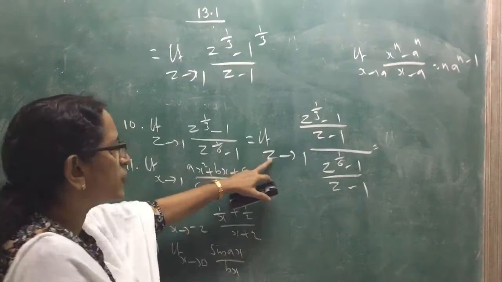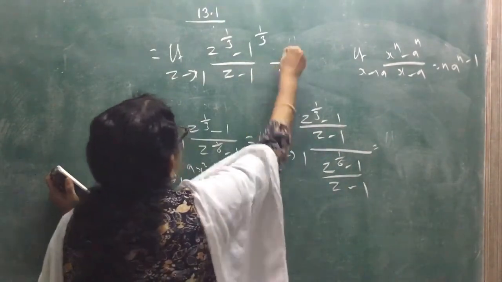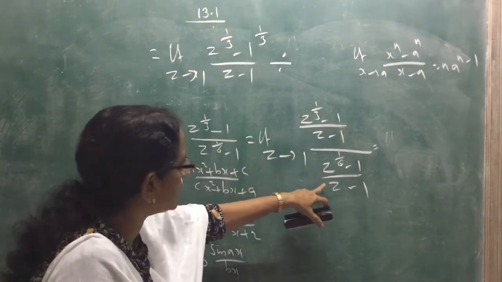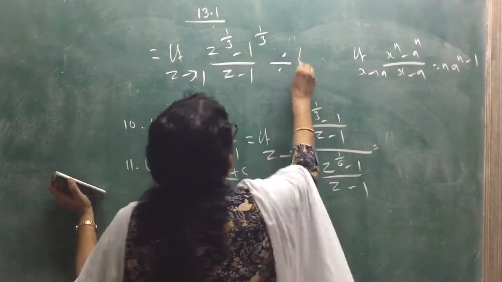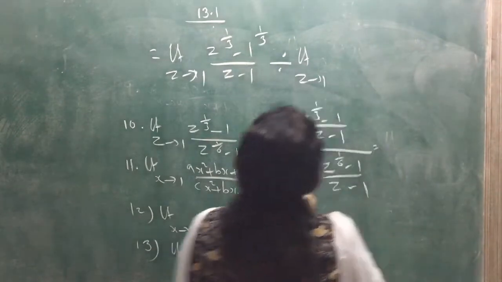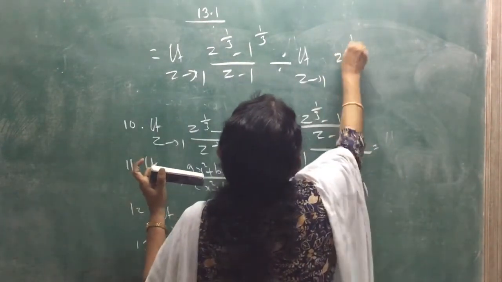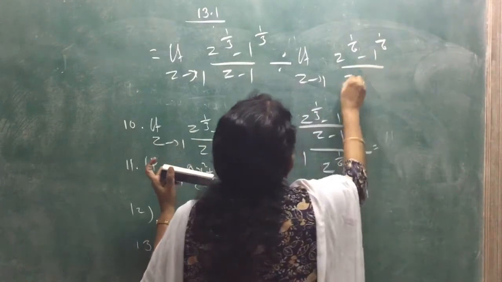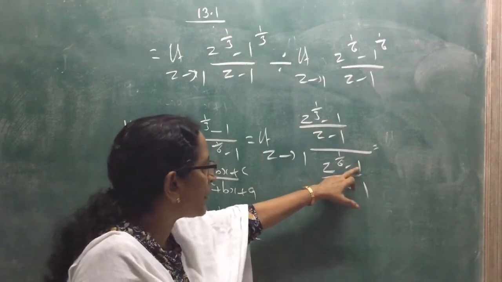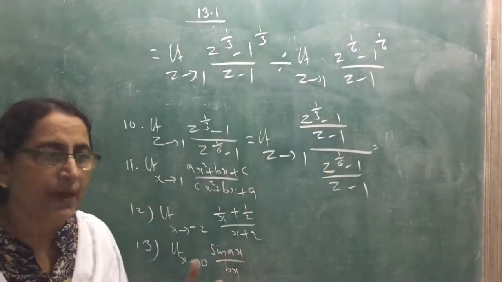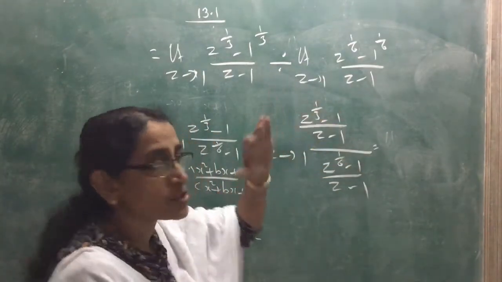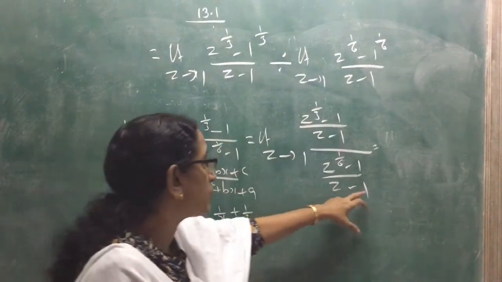This is the numerator. Now we can write divided by the denominator, that is limit z tends to 1, z raised to 1 by 6 minus 1 raised to 1 by 6 by z minus 1. Here also, since the power of z is 1 by 6, we write the power of 1 as 1 by 6, 1 raised to 1 by 6, because 1 raised to any number equals 1. So in the place of 1 we write this because we want the standard form. In the denominator we don't want that power.